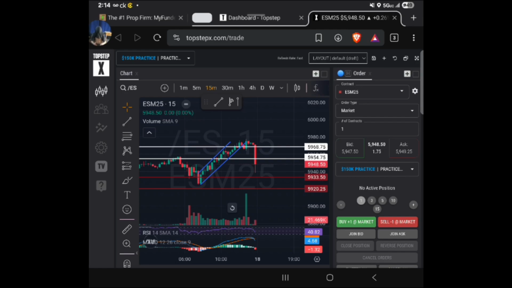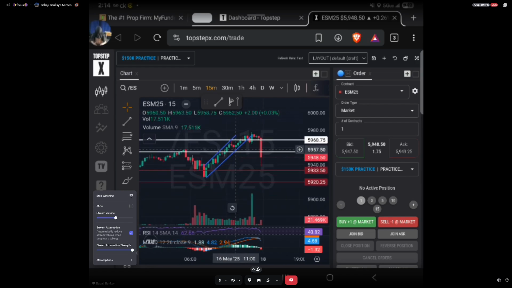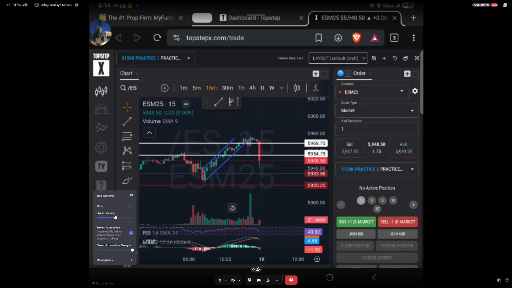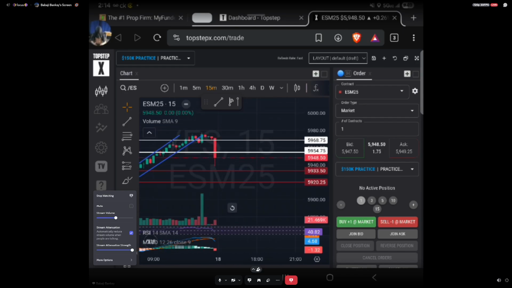All right, so one thing I want to keep in mind is what do quant traders do, and what is a quant trader? A quant trader is somebody who tries to figure out a fair price of value within the market. When it comes to futures, you don't have price, you have points. You see on ES, the symbol, there's 59. If you look at this line right here, it's 59.48 points, right?